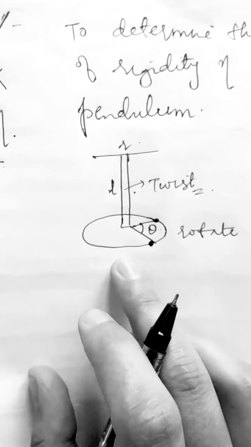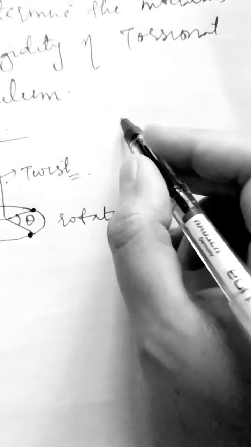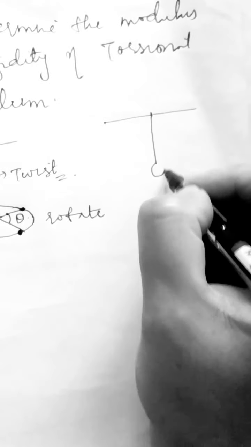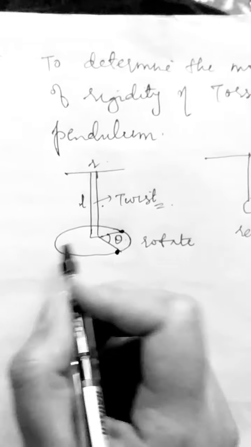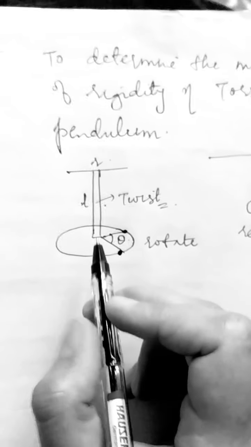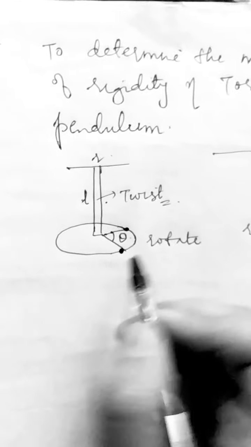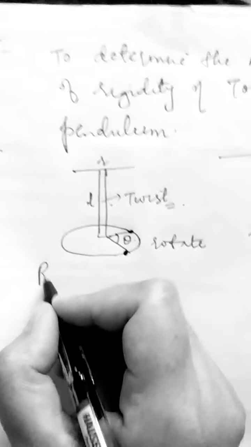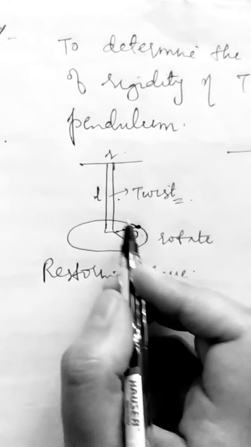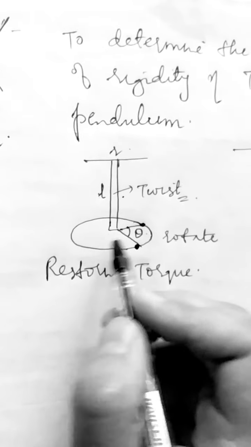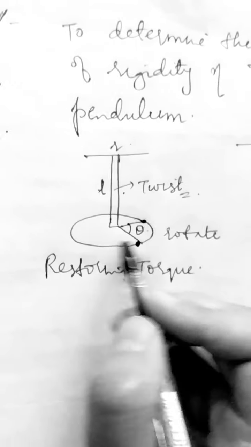Now you can compare to some extent this situation with that of a simple pendulum, wherein you have drawn the pendulum to another extreme end, and when you release this bob, it begins to move back to its mean position because a restoring force is developed. Similarly, in this situation, once we have produced a torque by rotating the disc connected at the other end of the rod, and once this disc is released, there is a restoring torque. That restoring torque tends to bring this rod back to its initial position, and it sets it rotating, right?